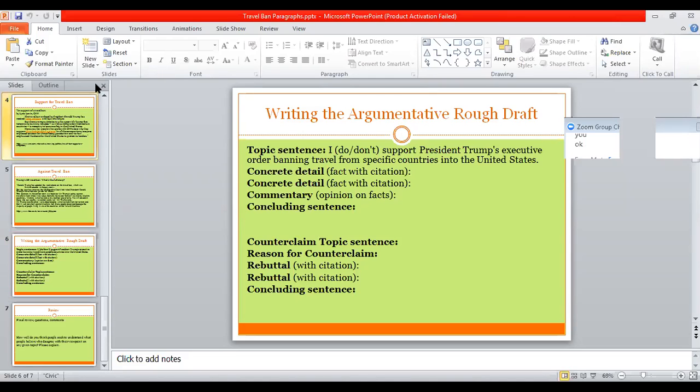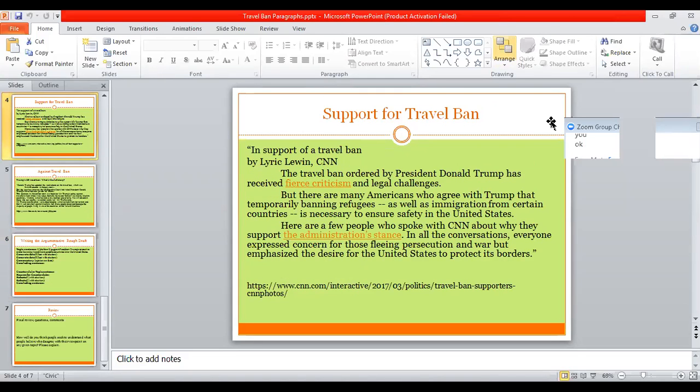Okay, so we'll go ahead and look at this. Basically what I did is I just went ahead and got the research for both sides of this. And so on one side, this was just some reading about support for the travel ban. And since this does ask for concrete details with a citation, then I know that I need to find an outside source that I'm going to be able to cite. So I know I'm doing a lot of talking on here. Would you be interested in reading this aloud, Lulu? And if you don't, that's fine. I can read it.